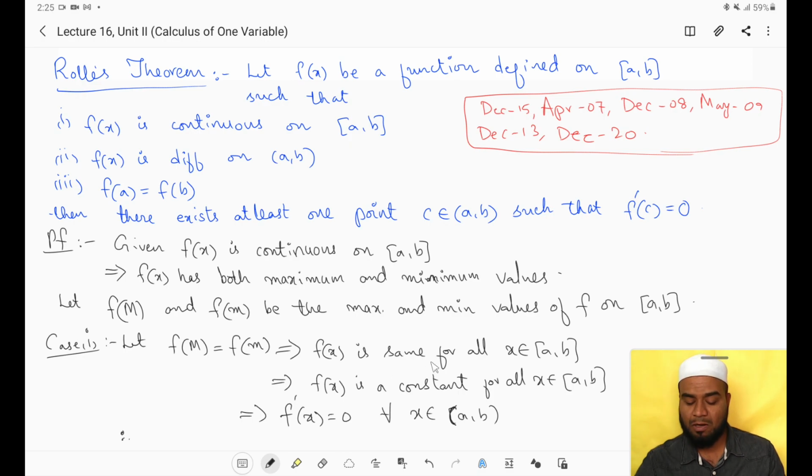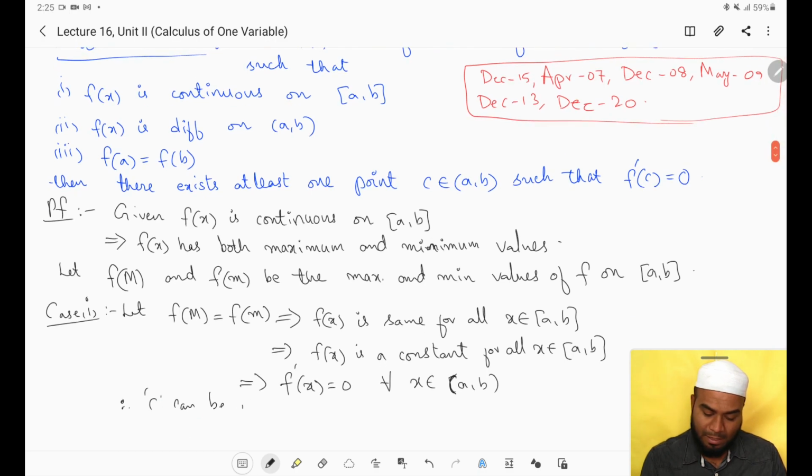f of x is the same for all values, which means f of x is constant. When you differentiate the constant function, you will get 0. So if I select c, therefore c can be anything in the open interval a comma b such that,